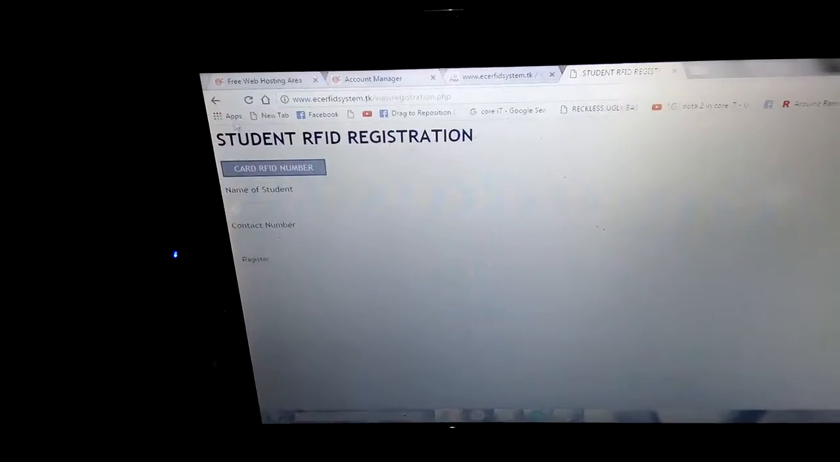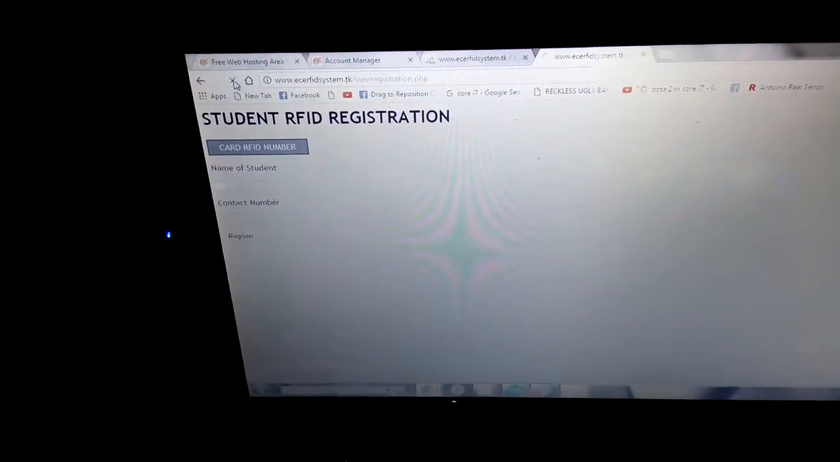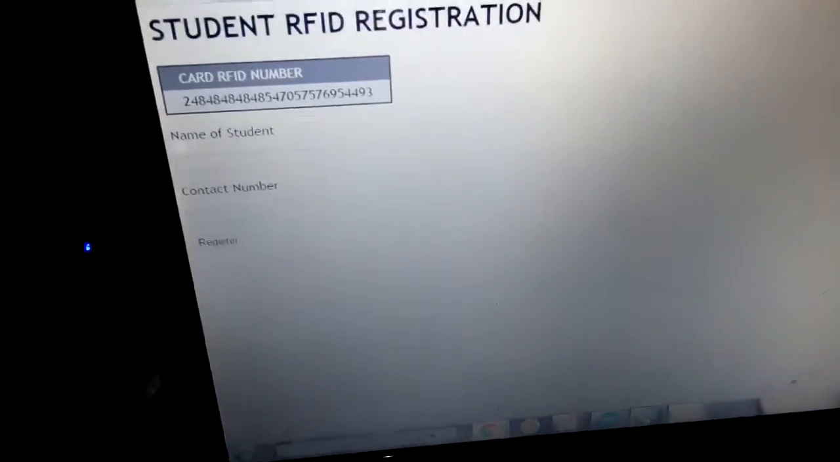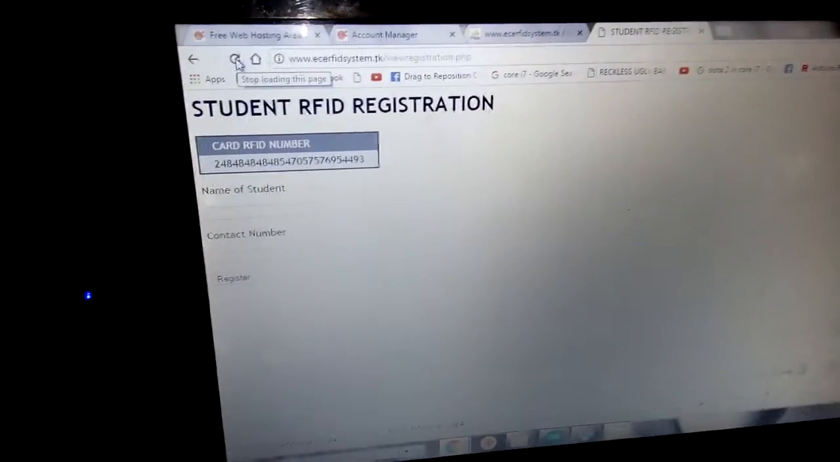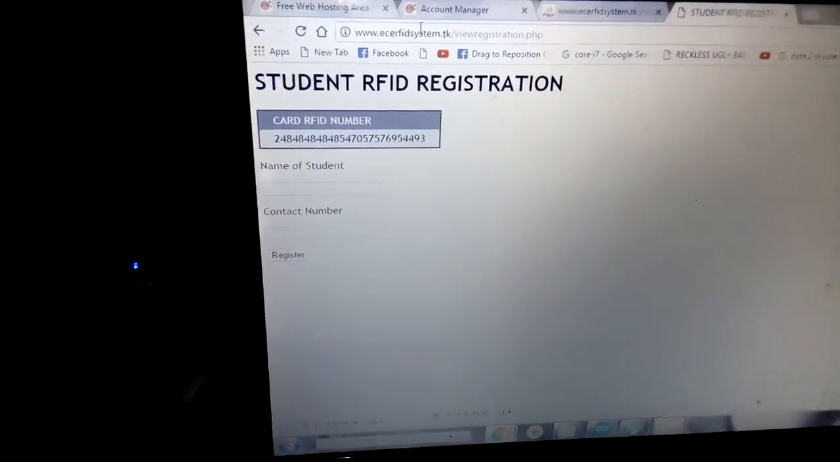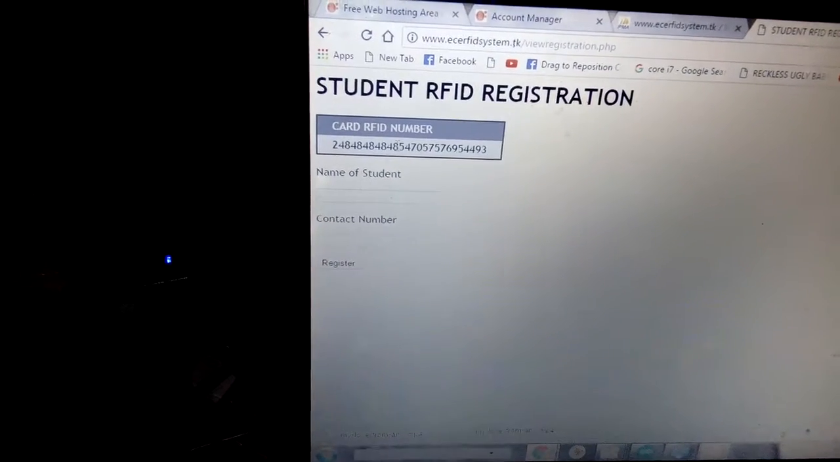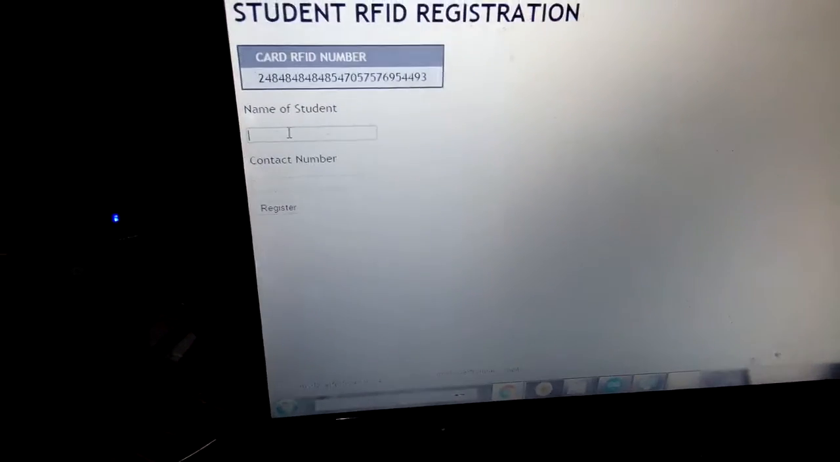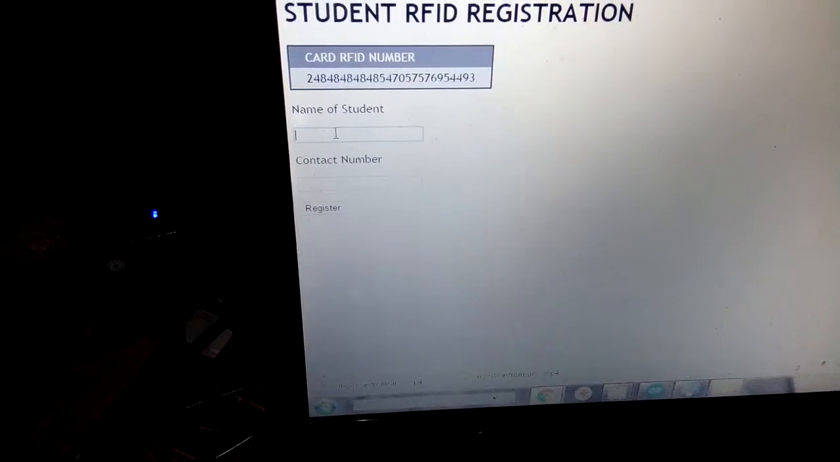Then, i-refresh ko to. Bakit kailangan i-refresh? Ayoko kasi ng auto-refresh, because masyado siyang kumakain ng data. Free lang yung ating web host. Naka .tk lang tayo. Okay. So, yung the same number, kasi same card lang yun. So, maglalagay ako ng ibang pangalan. Let's say, okay, another name,